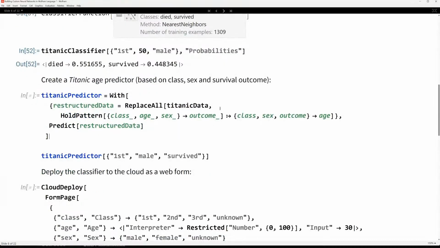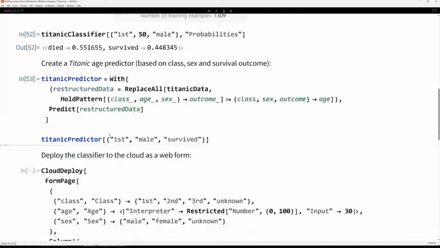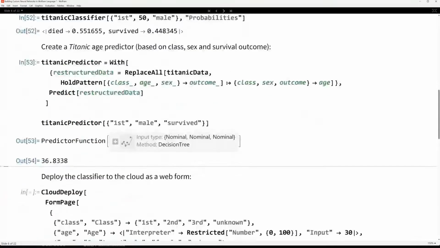So again, we can play around with our data. We can just replace the data set. We'll reform it to not predict the survived or died outcome, but into this different pattern using this replace all. And then we can go ahead and do some prediction work. So we're using this other ultra high level function called predict